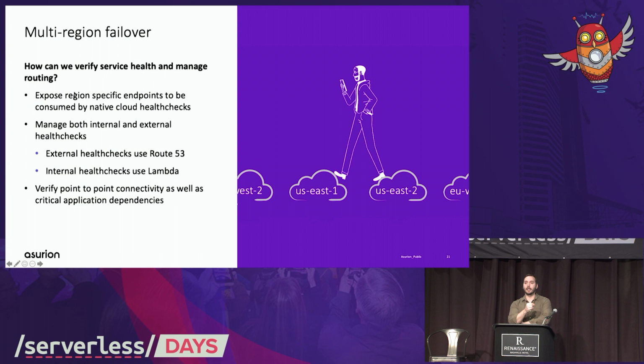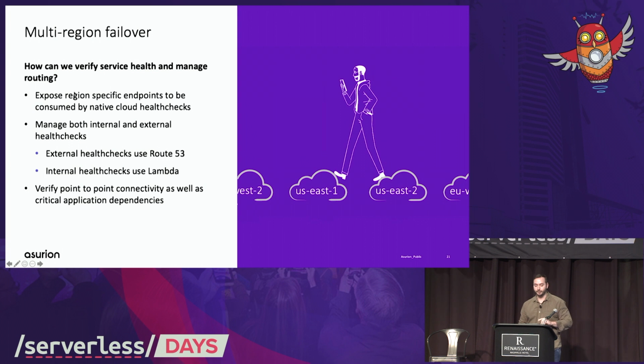But we used to see issues of 4 or 5 minutes when API Gateway just couldn't talk to Lambda. So we said, all right, let's expose a Region 1 health endpoint and a Region 2 health endpoint, and both of those, for those respective regions, will map from CloudFront to API Gateway to Lambda, and we'll just send back a dummy 200. You can send back anything, right? And so we're able to do that point-to-point connectivity check to verify that all of those services are able to